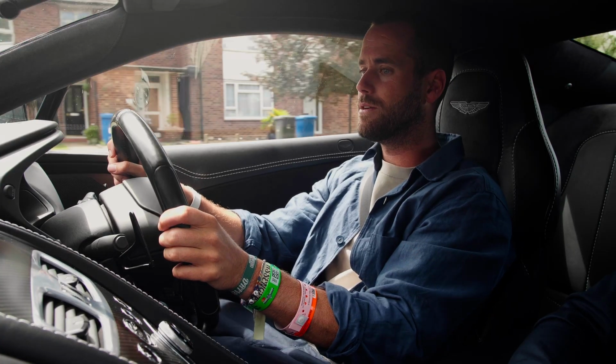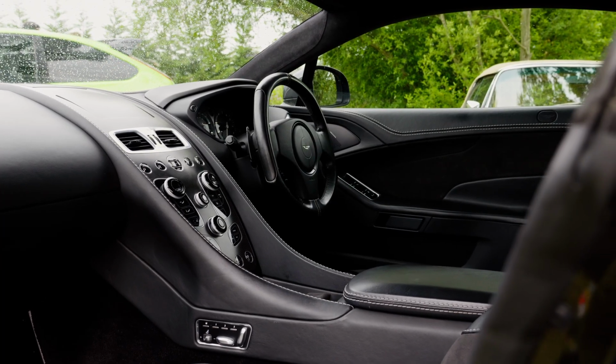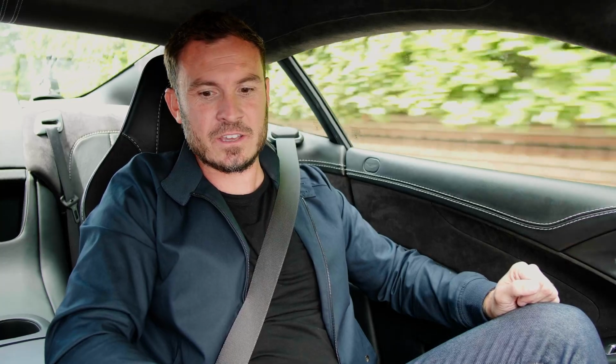That's really, really good. And this one's loaded as well, so I can see Bang & Olufsen Hi-Fi. Obviously you've got the interior inspired by the 177. You've got full carbon here and full carbon all around the outside of the car as well. Carbon wing mirrors, carbon sills, the whole lot. It's an incredible